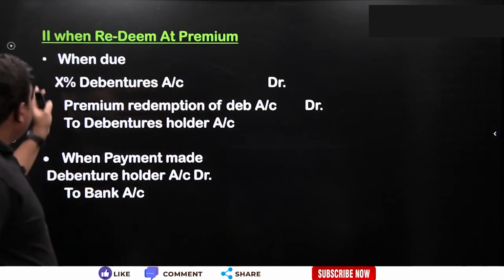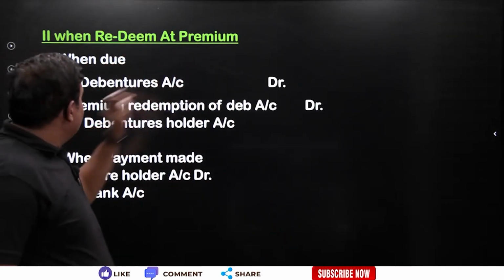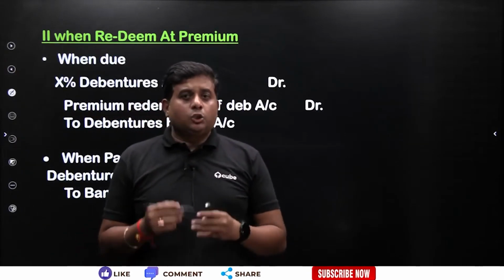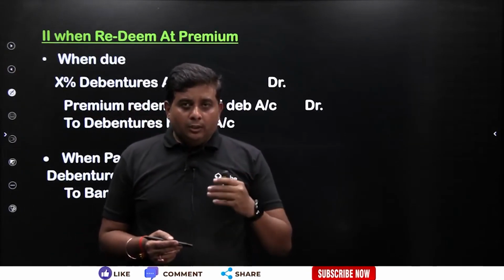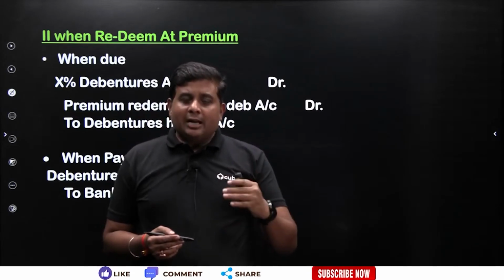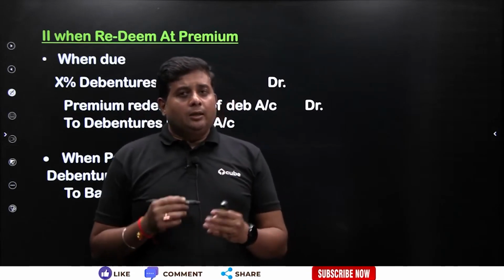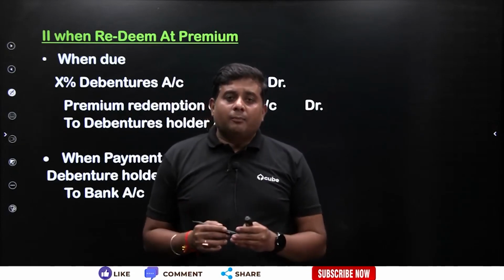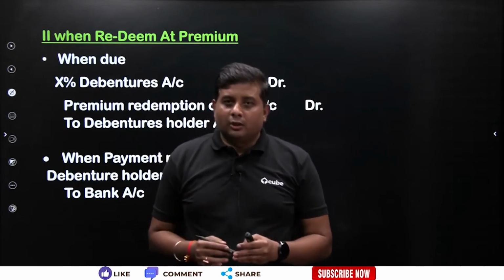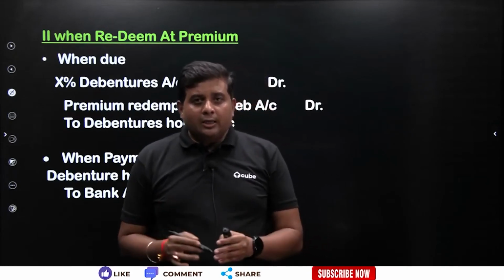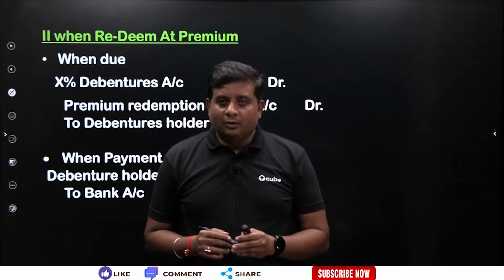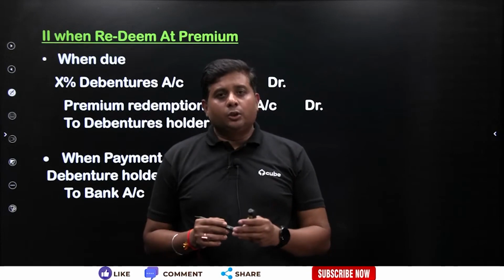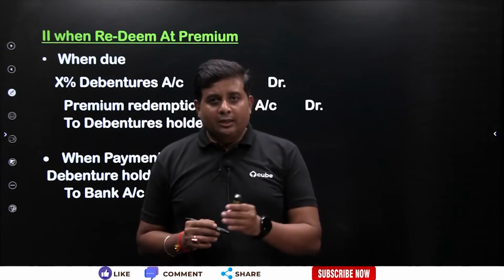Now, if the debentures are redeemed at premium, see, whenever the shares or the debentures are issued at a premium, that is, issuing the debentures or shares at a higher price, you receive the extra amount of money, and that extra amount of money is considered a capital income for the organization, and that's the logic why it's being credited. All right. Now, while making the repayment, while making the payment towards the redemption of debentures,